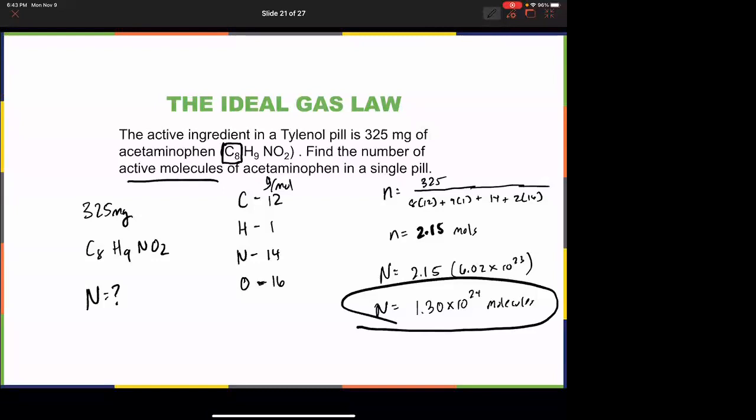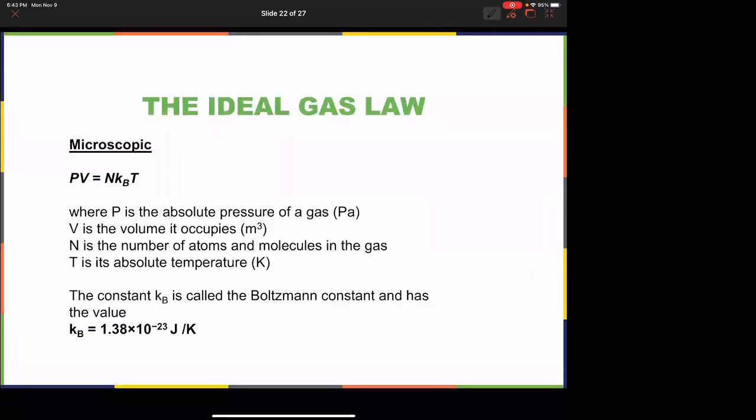All right, so let's move on to the next one. Everybody got it? Any questions there before I move on? So the ideal gas law comes in two forms, microscopic and macroscopic. Microscopic uses the number of molecules because that is really small, right? To the 23rd power, there's a lot of molecules in there. So the ideal gas law gives us a relationship between the number of molecules